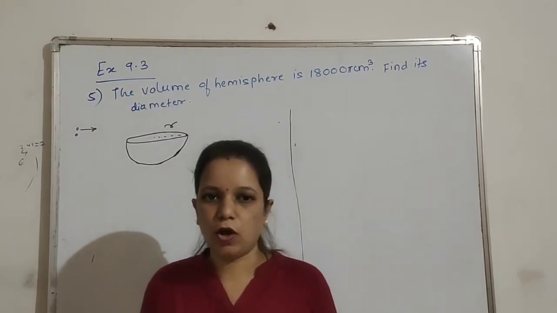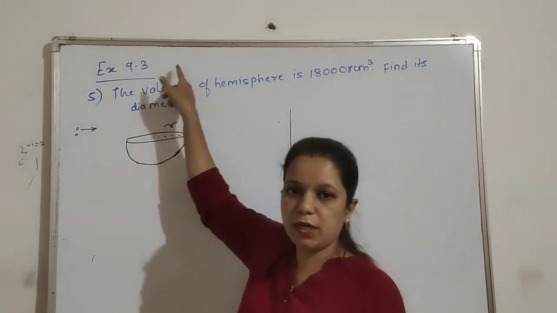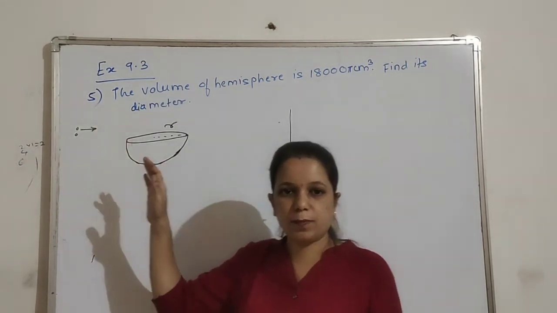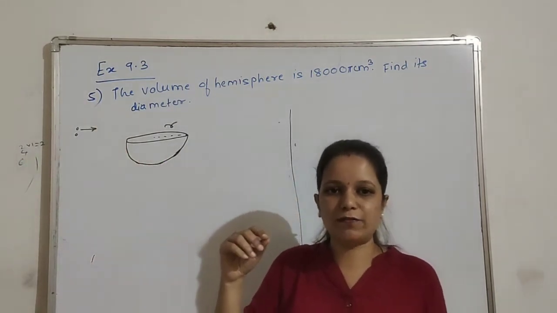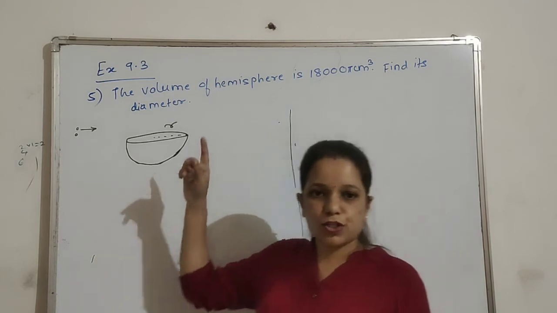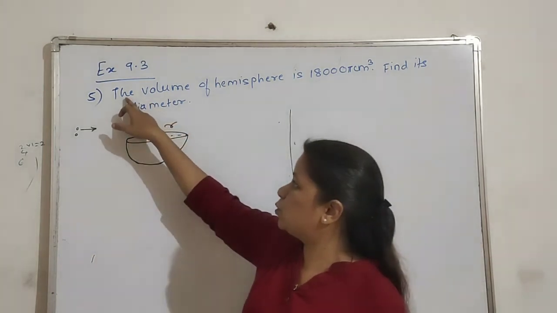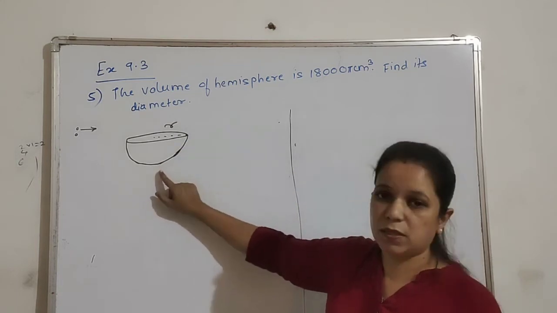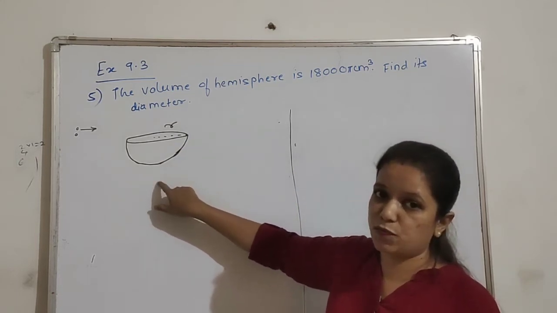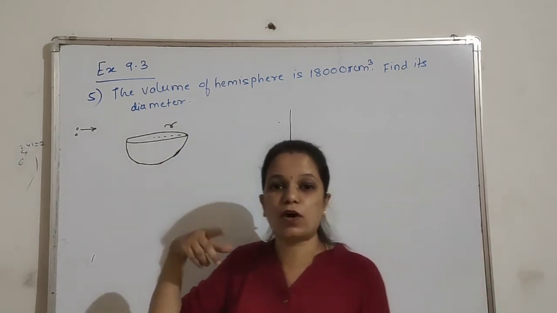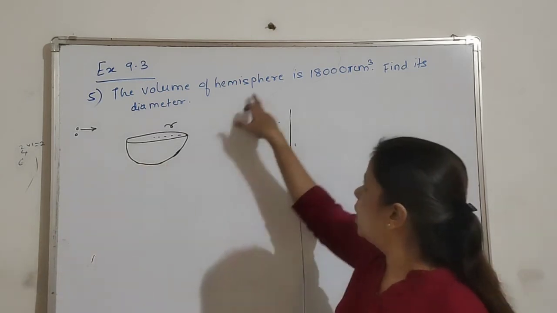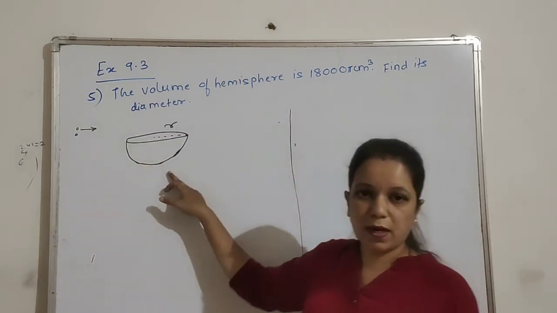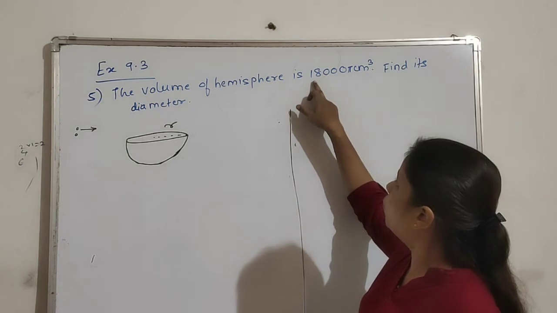Last question of exercise 9.3, question 5. Very simple. A small trick you have to use. Question, I'll read it out for you. The volume of hemisphere. See, the figure given in this question is hemisphere. So we have to use all the formulas for hemisphere. Hemisphere, half sphere, is